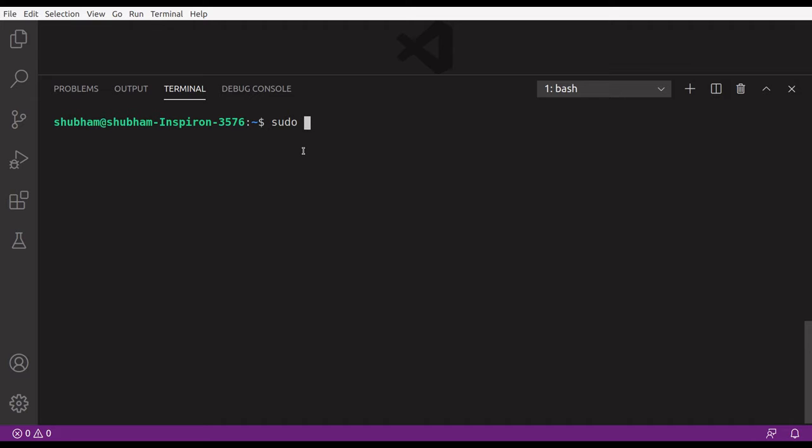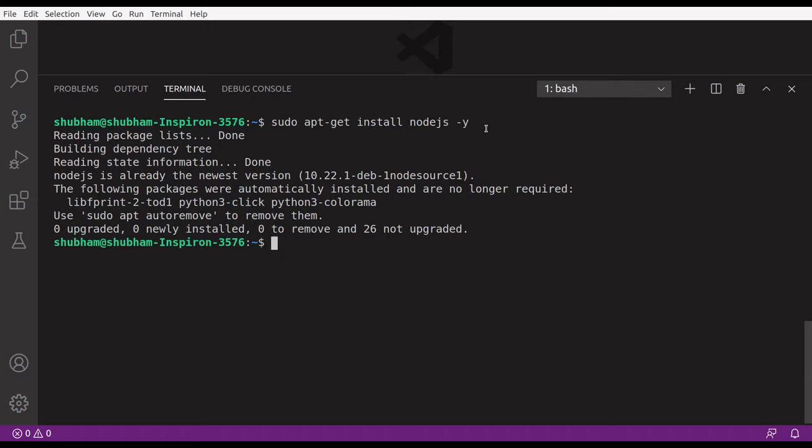So let's install it. apt-get install nodejs -v. Yeah, correct. So it is installed. You know what, since I have already installed it, that's why it is showing that the